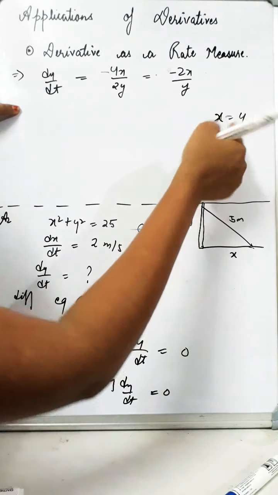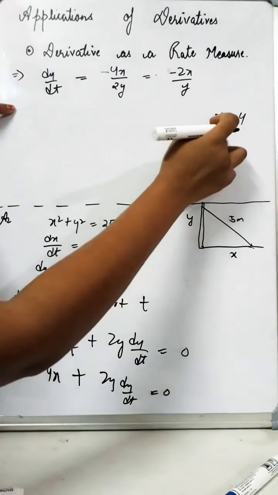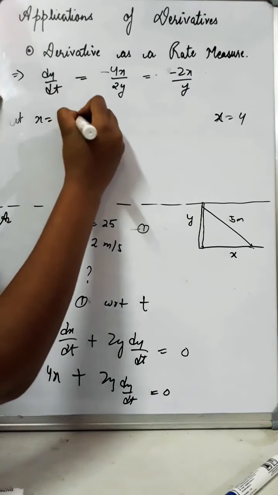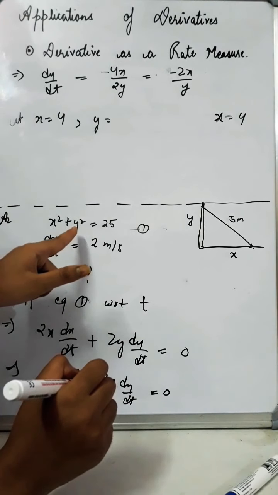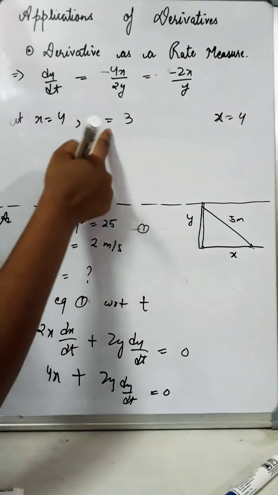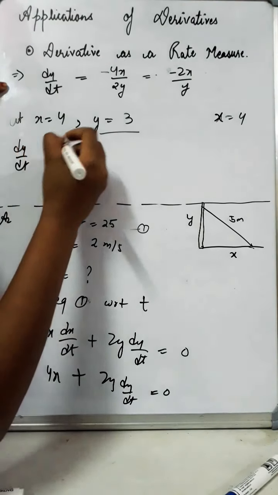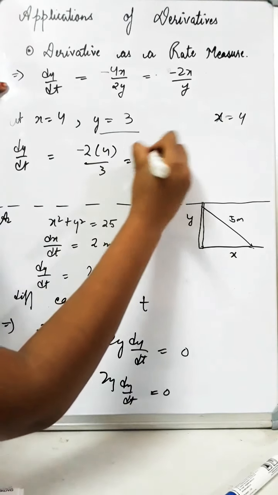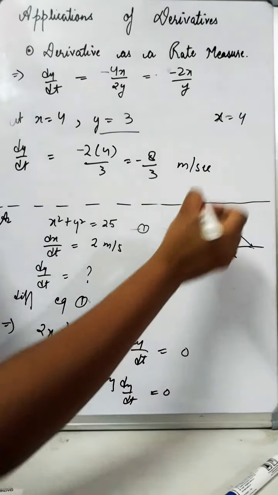So we are given that we have to solve this all at x is equal to 4, right? So if you keep x as 4, at x is equal to 4, your y is what? Under root of 25 minus 16, right? You solve this from this equation, you will get y is equal to 3. Alright, so ultimately your dy dt is -2 into 4 upon 3 is equal to -8 upon 3, क्या है, मीटर पर सेकेंड, राइट, मीटर पर सेकेंड।